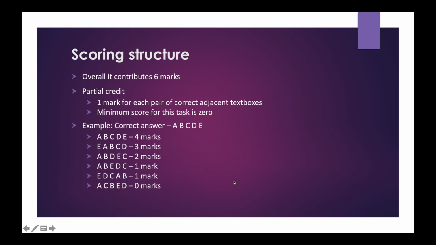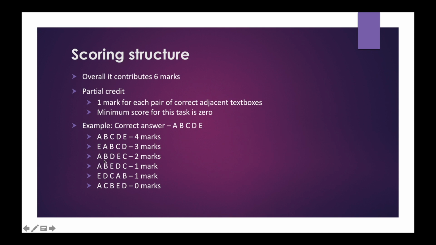For example, if the correct sequence is A, B, C, D and E, 1 mark will be provided for AB, 1 for BC, 1 for CD and 1 for DE. So totally 4 marks will be given. If you order a wrong pair, then no marks for that pair alone. You will get marks only for the correct pairs. In this example, 1 mark for AB, 1 for BC and 1 for CD. Only 3 marks. We won't get marks for the wrong pair EA.